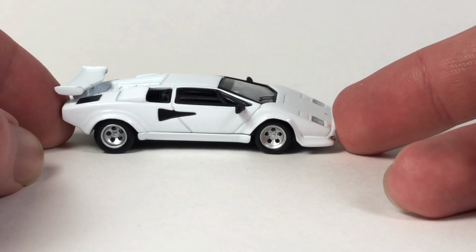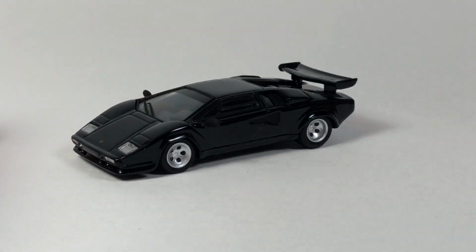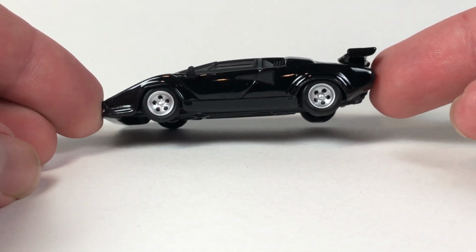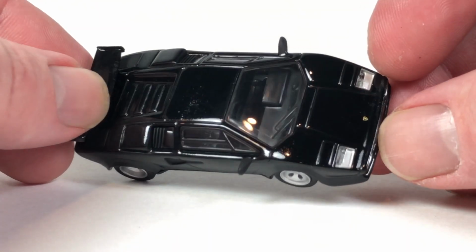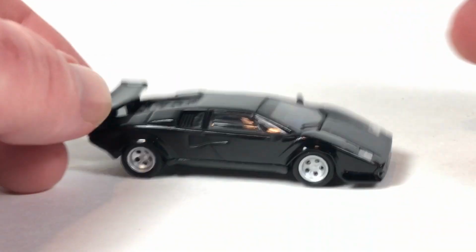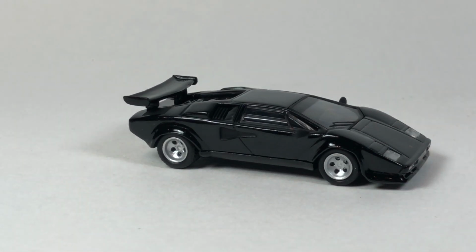So this one's not perfect by any means, but the black one, this one looks a lot better. Everything looks better about it. Both wheel wells not having that weird issue. The only thing it does have is of course some paint rashing. So alright, there's those two, and the last and final one is it in